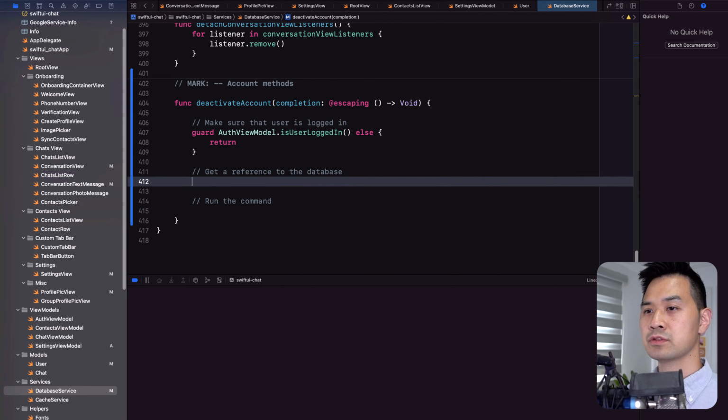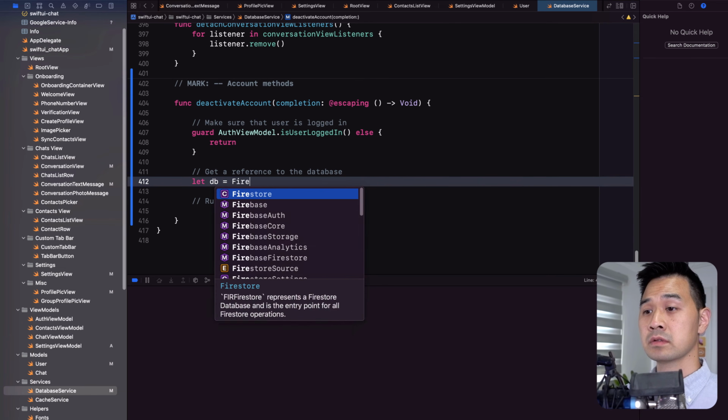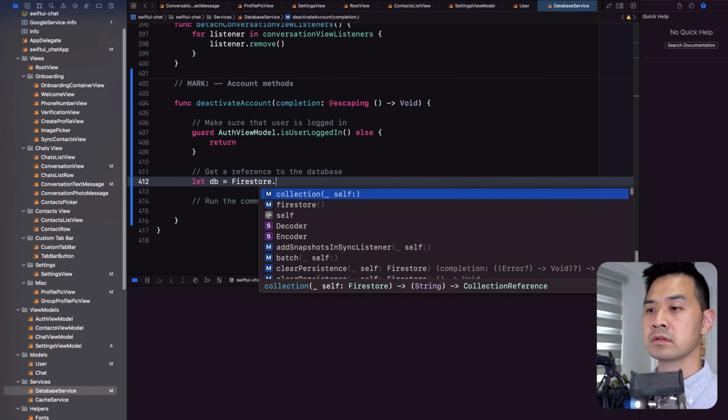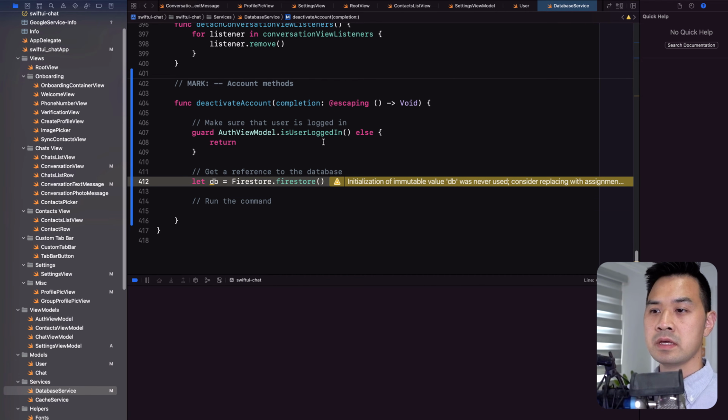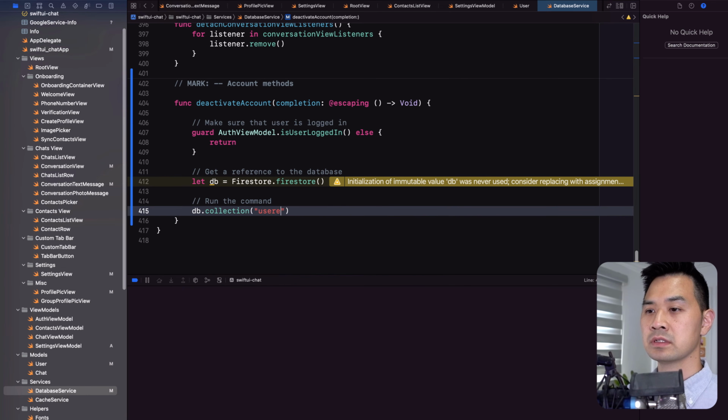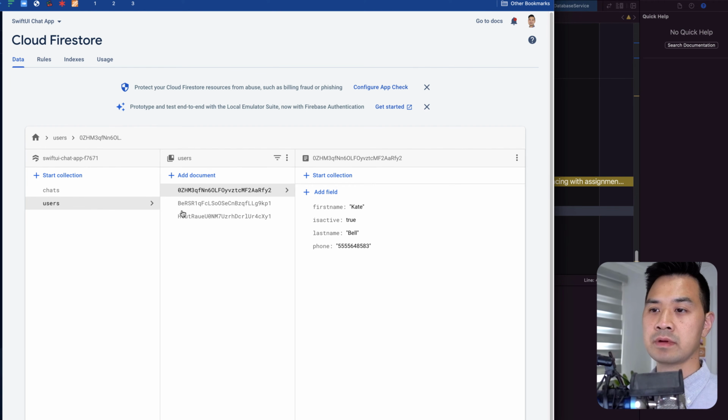And then this would be let db equals Firestore. And then here we are going to say db.collection. The path is going to be users, right? And then the user ID. And what we're going to change here is I'm planning to change the first name to deleted, last name to user, flip this switch, and we're going to